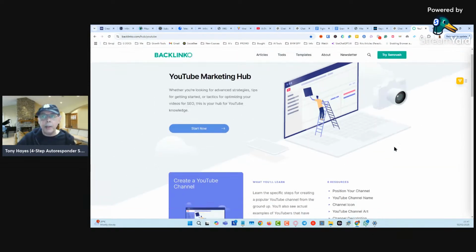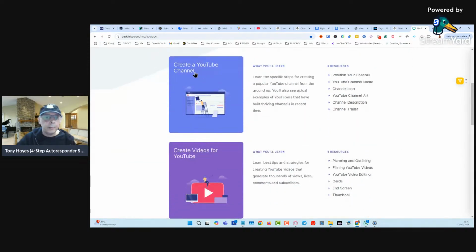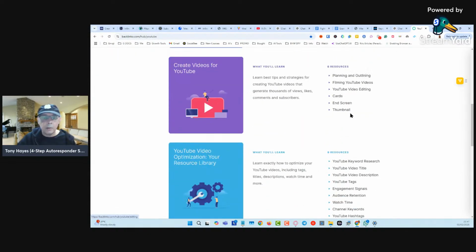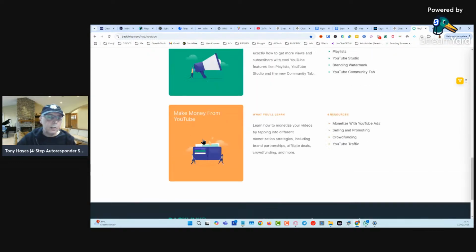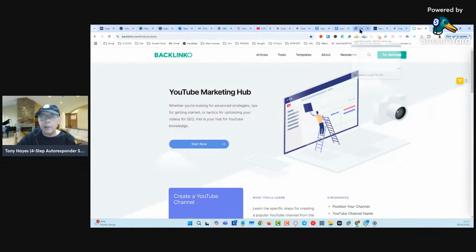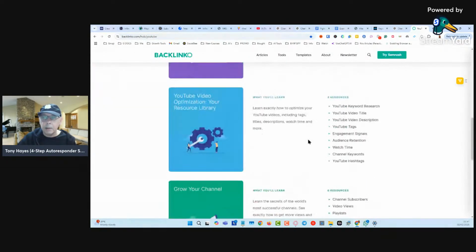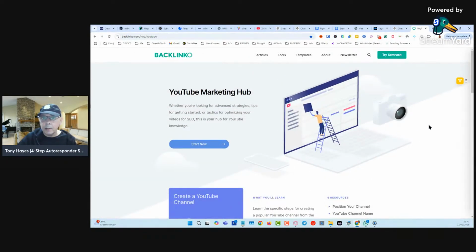So basically, this is a homepage of a content hub. And these are sections, and what you will learn in each section and the articles for that section, okay? Another section, what you learn, articles. Another section, what you learn, articles, okay? So he's got 5 or 6 sections. This does the same thing. It's modeled after what he's doing here. He's one of the top SEO guys. So he's driving millions and millions and millions of hits, or he was before he joined SEMrush. He sold this website to SEMrush. I don't know how much money, probably millions. And I don't know how involved he still is, but I know that he built these content hubs, okay?